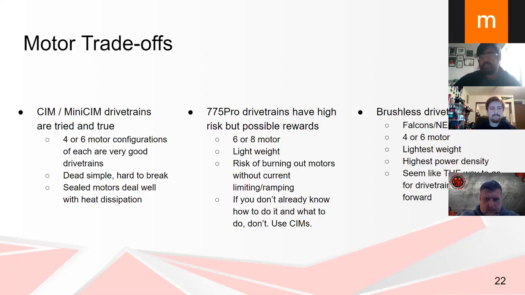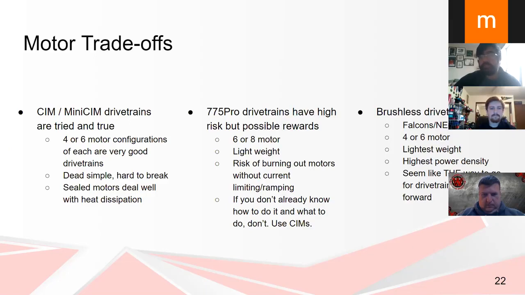Those we don't see as much anymore, Nick. I don't know if you want to talk more about whenever the last time you or I ever saw one, but they're really lightweight. Unfortunately, along with that and how small they are, they burn out much easier without current controlling and voltage ramping. And if you don't know how to do those things, or you don't have a ton of experience, this is